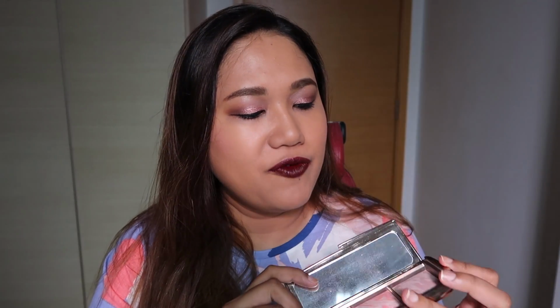It is a really nice palette. I actually didn't expect to like this so much, but I really do. I can see what all the hype is about. They do have a lot of products, but this seems to be like the favorite. If you can, try to get the ones that are in palette form, so you kind of get more bang